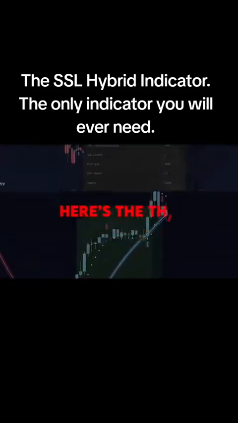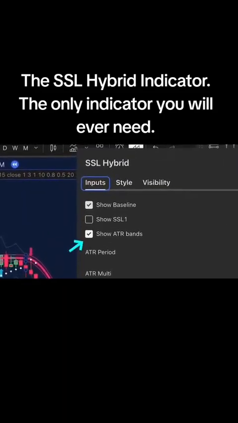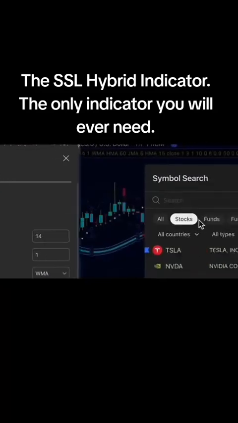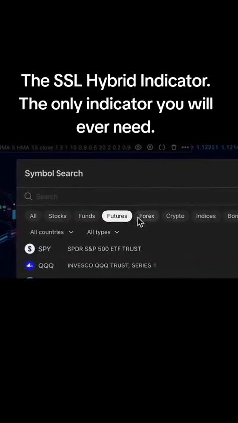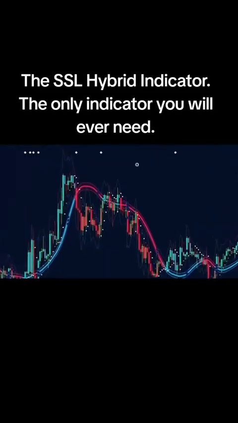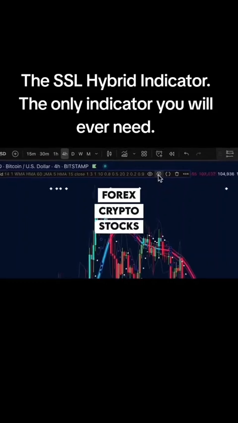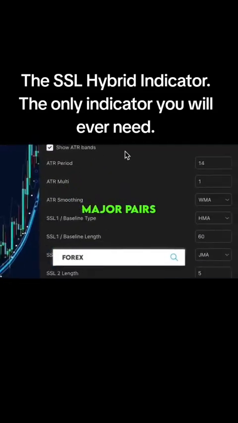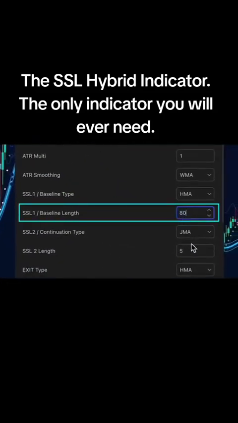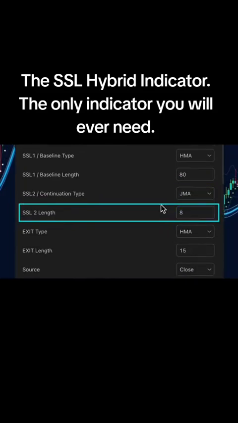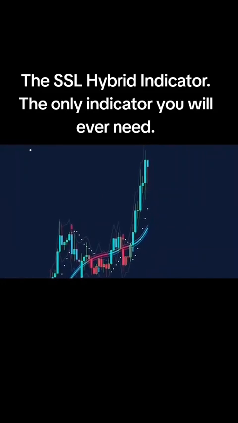But here's the thing most traders don't realize about these settings. While the standard settings work well, each market has its own unique characteristics that require specific adjustments. Let's get into the best settings to trade Forex, crypto, and stocks. For Forex pairs, especially majors, set your baseline length to 80 and SSL2 length to 8. Forex markets are manipulated by banks, so you need these slightly higher settings to filter out institutional head